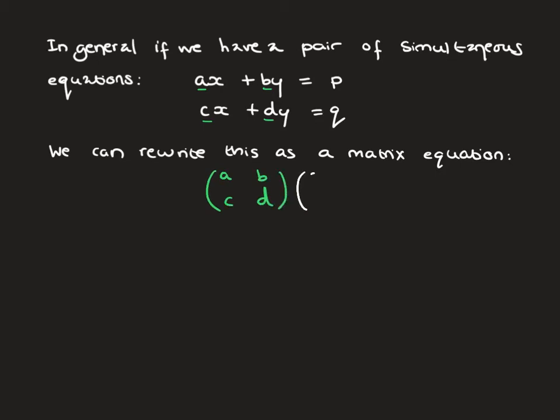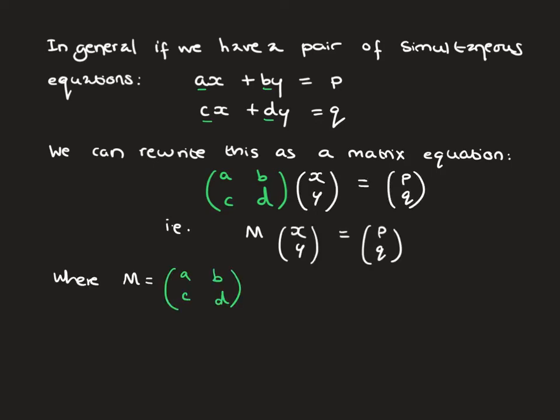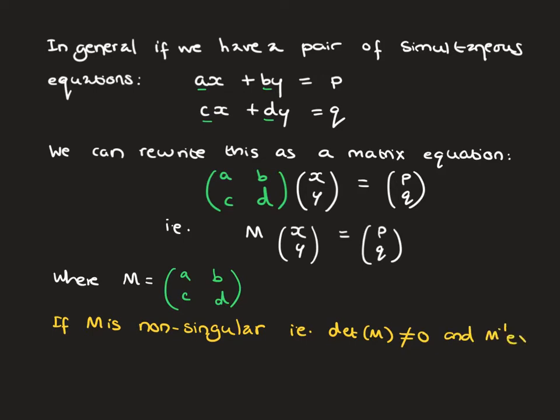This is being applied to x, y, and giving us the answer PQ here. Or for simplicity, MXY equals PQ, where M is the green matrix A, B, C, D reading across the rows. Now, if M is non-singular, which means that the determinant of M cannot be equal to 0, and M inverse, the inverse matrix, exists,